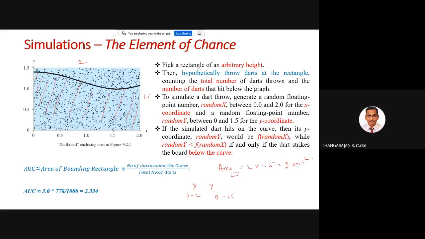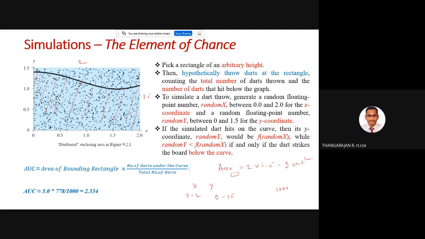I will generate two random numbers x and y, x between 0 and 2, y between 0 and 1.5, purely random. So that will be just putting a dot, randomly putting a dot. Suppose that you have put so many dots. Now, the number of dots you have put, you know that. For example, suppose I have put say 1000 dots,